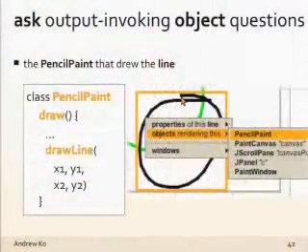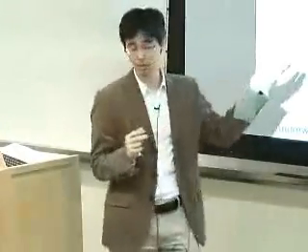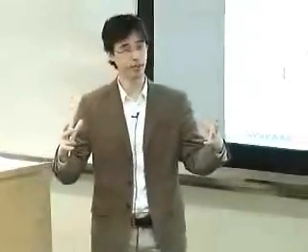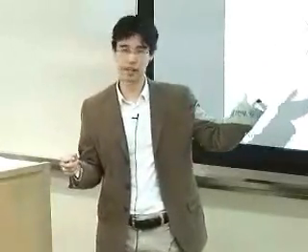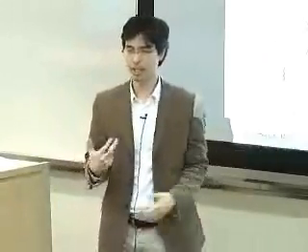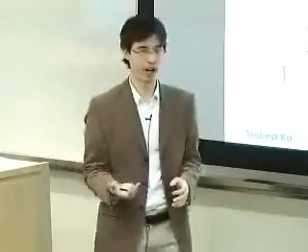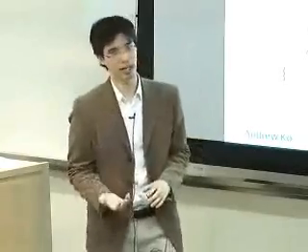So this is one kind of higher level question about data that affects output. Another kind is data that indirectly draws output. So from that painting application that we saw before, we were asking this question about an individual line segment. It turns out that in this program, all of those are aggregated into a list into something called a pencil paint. So in addition to being able to ask about that individual line segment, you can ask about the whole aggregation of them and ask about features and properties of that pencil paint. So in this application, for example, it had a thickness field, which was a global property of a whole stroke. So if you wanted to ask why the thickness was 5 or why didn't it change after a certain time, you could also ask questions about that.